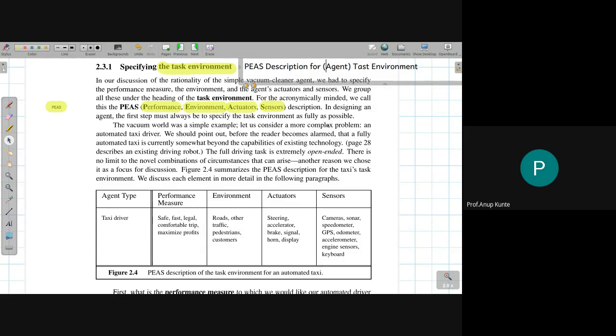You will be more concentrating at that time on input, process and output. So you will be talking about actuators, sensors, and only the environment and performance as a single unit called how do I convert the inputs into outputs. There also you do the same thing. Percepts need to be mapped to actions, but there the percept is a singleton. Inputs come, you process them and convert them into outputs.